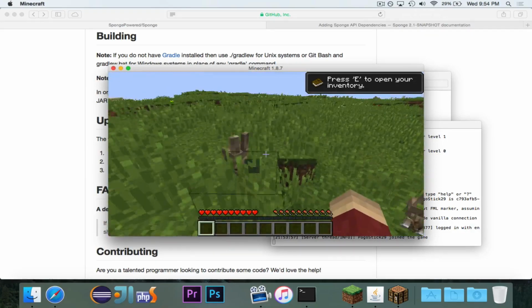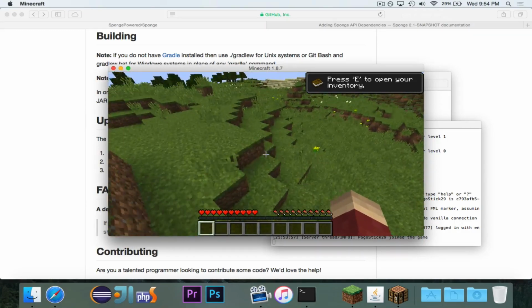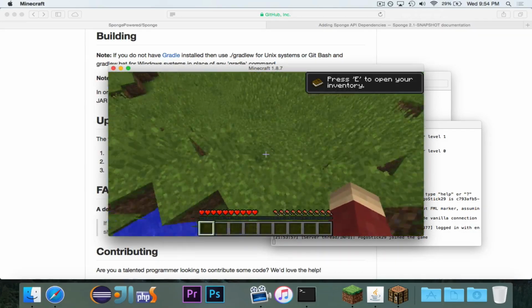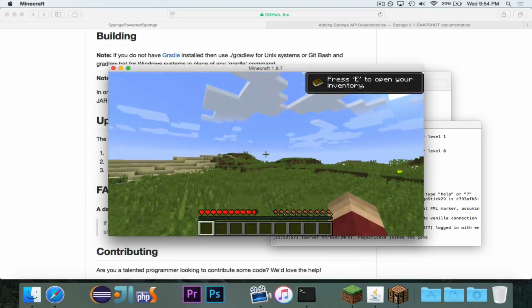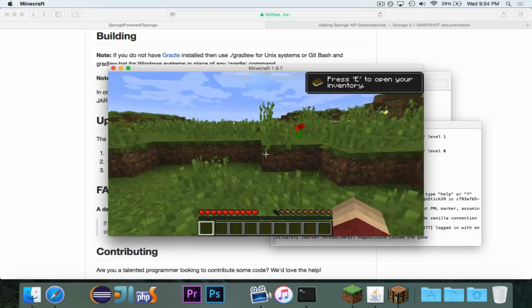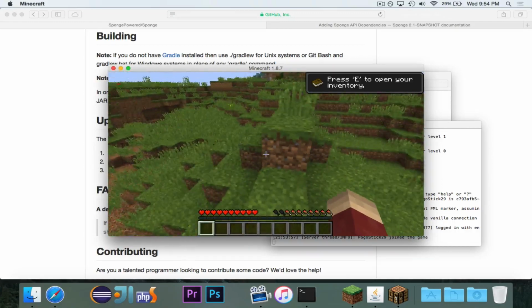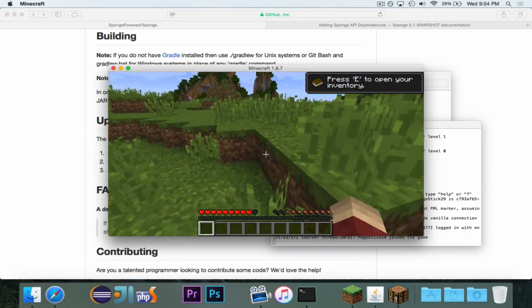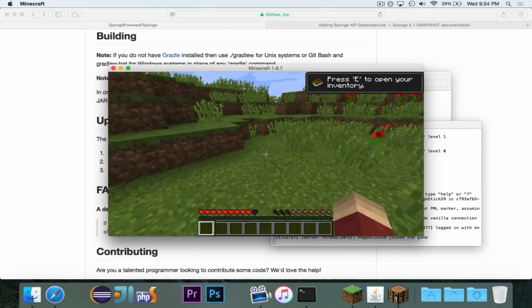One of the great things about Sponge is that if you use a modded Minecraft client, then you can actually have mods that work on the server part and a client part. But we'll get to that eventually. So the point is, I'm now on a server that is under Sponge. So that's pretty cool. This server is being run by Sponge, not Bukkit, not Spigot, and it's not just the default old server.